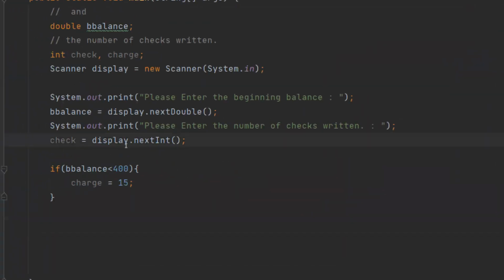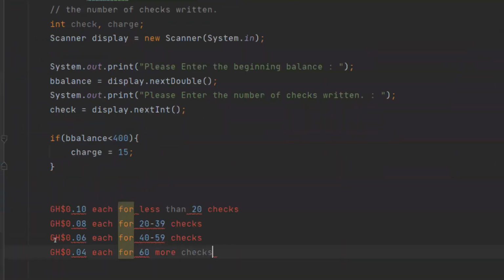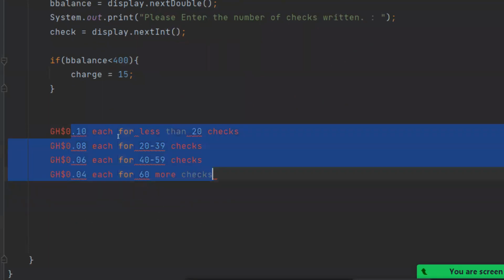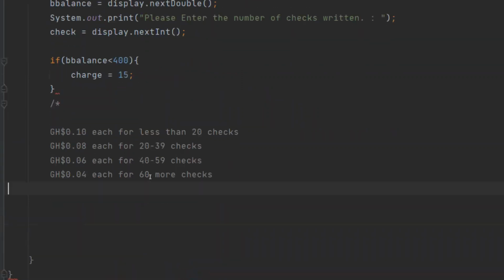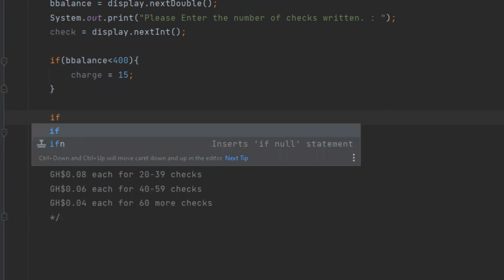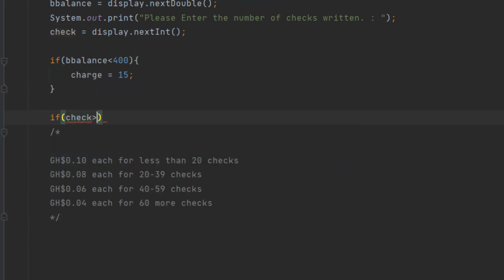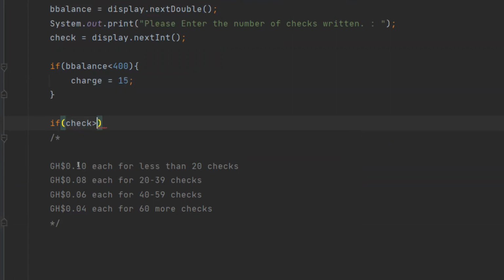This section here is saying that if you are between these ranges, we are supposed to charge you for the checks you have done. So let's see. How are we going to do this? Let me comment this out so that I don't have to go back and forth with my coding. So I'm here. If the check the person entered is greater than, are we okay? So let's see. If the check is greater than 60,